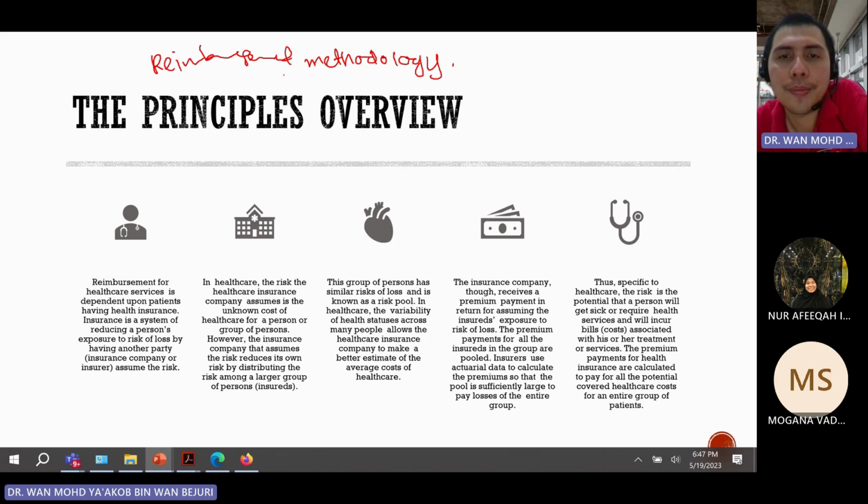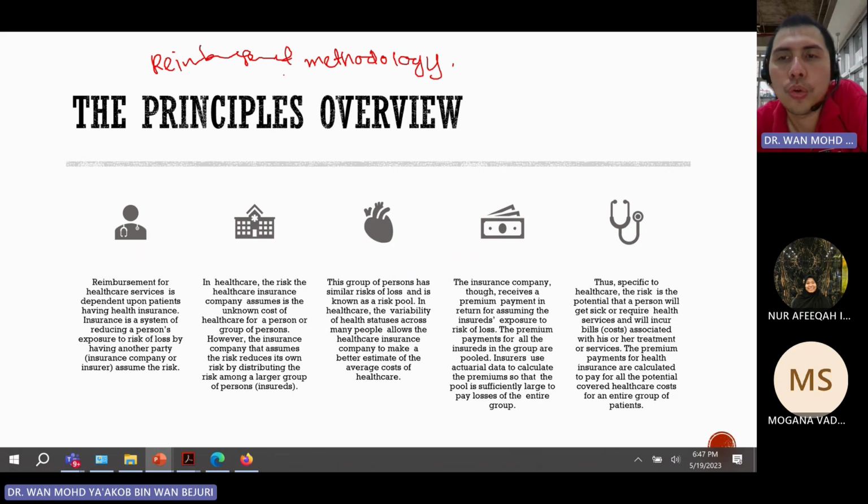This group of persons has similar risk of loss and is known as a risk pool. In healthcare, the variability of health status across many people allows the healthcare insurance company to make a better estimate of the average cost of healthcare. So the company receives a premium payment in return for assuming the exposure to risk of loss. The premium payments for all the insured in the group are pooled. Insurers use actuarial data to calculate the premiums so that the pool is sufficiently large to pay the losses of the